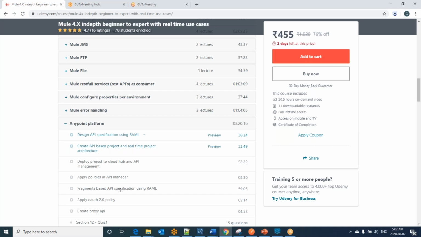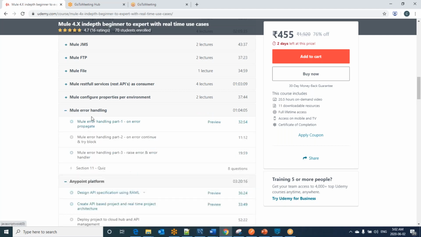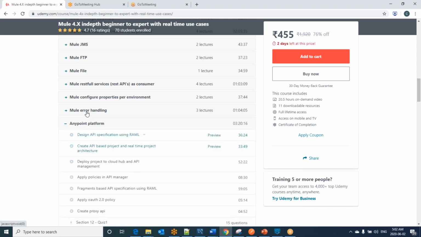Before this session, all the error handling videos are straightforward. But to work with this session, you should download the latest Anypoint Studio and also complete the Anypoint Platform section first. Then come back to Mule error handling. My intention is to keep all the error handling in one place rather than in multiple places. So once you enter this session, pause it, go to Anypoint Platform, complete the videos, then come back to this error handling. You will feel it is a far better way.